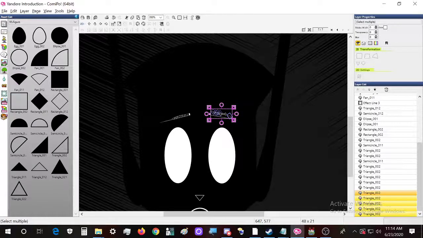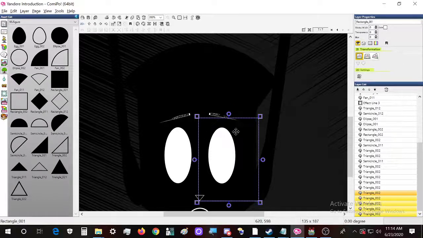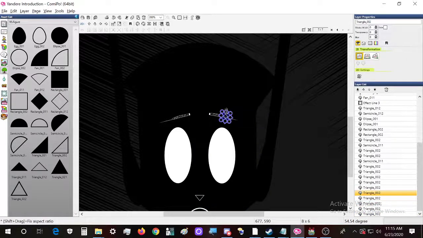Make them slightly smaller. Okay then, if you want me to do it manually, I'll do it manually because I have the patience. Wait, I can make them even smaller.